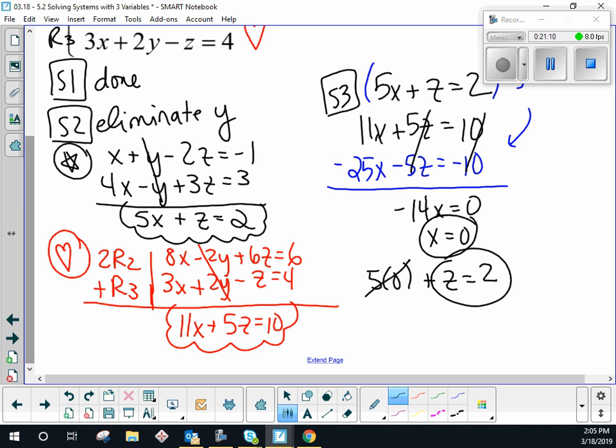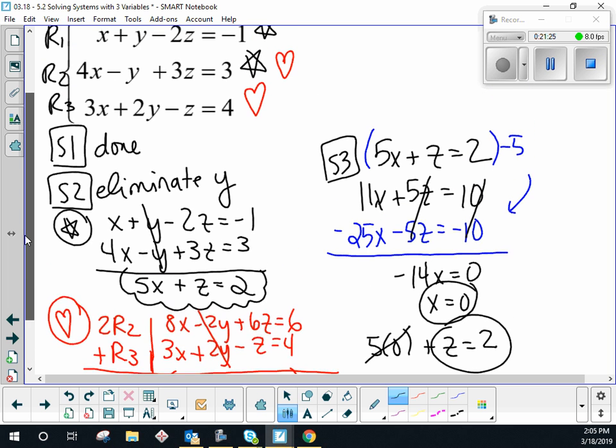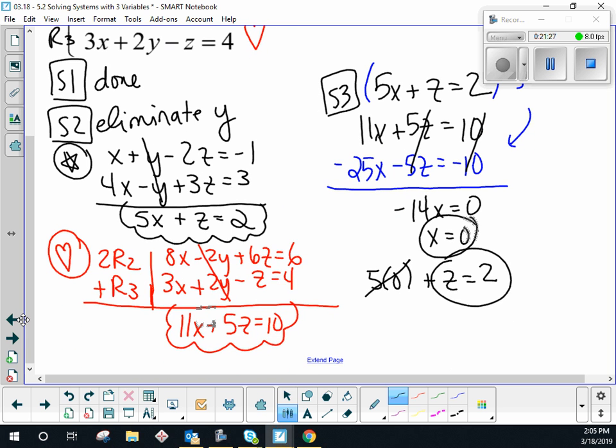And what's the last variable I need to find? Y. Where do I go for that third variable? One of the top equations, okay? Any of the original 3. Which ones do you like? Second one? Okay. So,